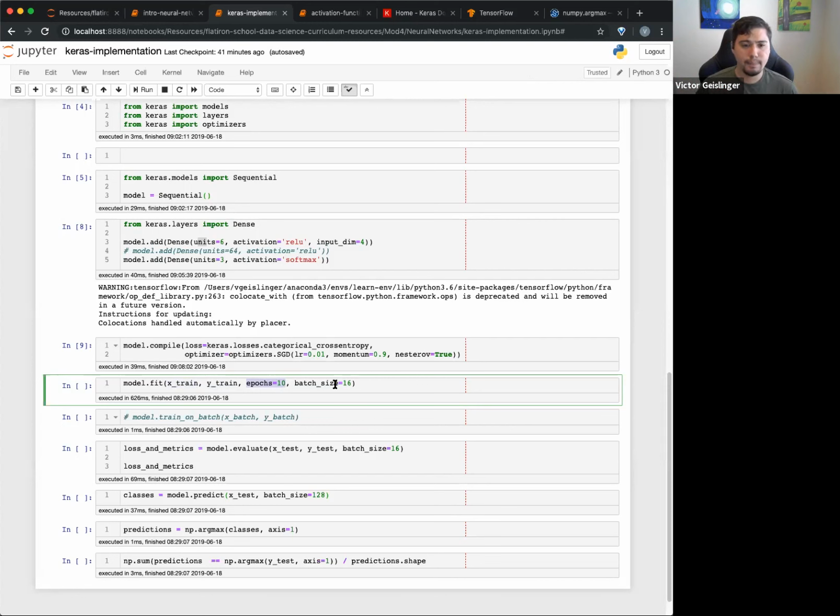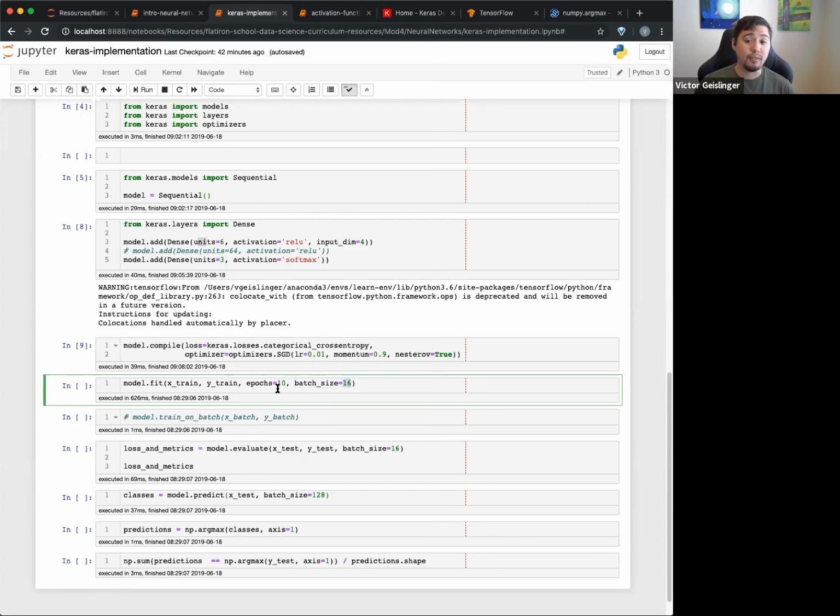The batch size, if you remember, is basically saying how much of the data we'll actually use to pass through our model. So this batch size right here is defining how much of the data we want. In this case, we could probably pass the whole batch, and the whole batch is all the training data because it's so small. But if you had a very large data set, for example, a training size of let's say 500,000, well, that's a huge amount to pass through every single time in the epoch. So you might only use a portion of that with the batch size. And you can do that multiple times.